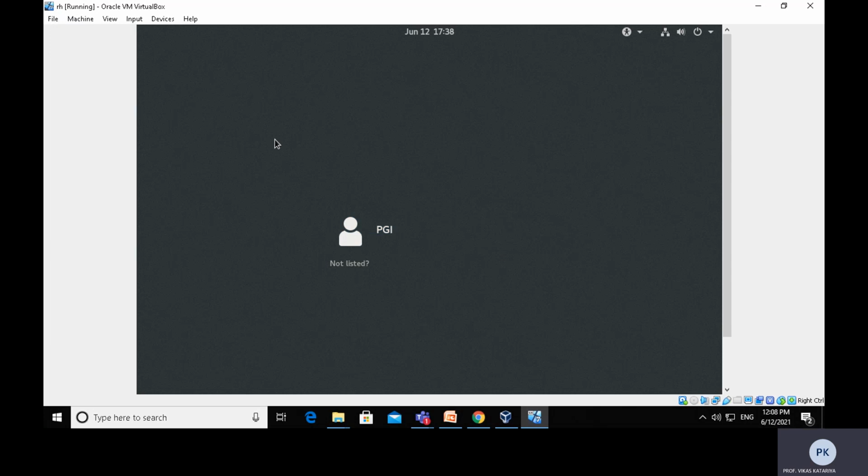Yeah, we have booted successfully. The Linux operating system booted successfully. Click on the user account. There is a process of creating a user account when you are installing the Linux operating system, so it will ask for the user account. Keep whatever user account name and password you want. Type the same password here and click on sign in.